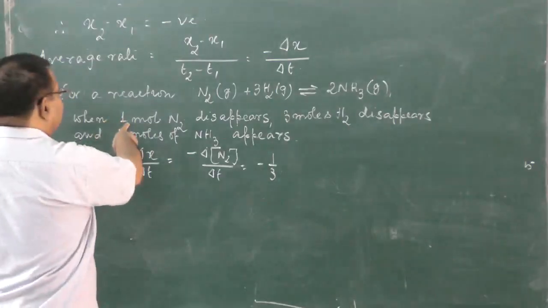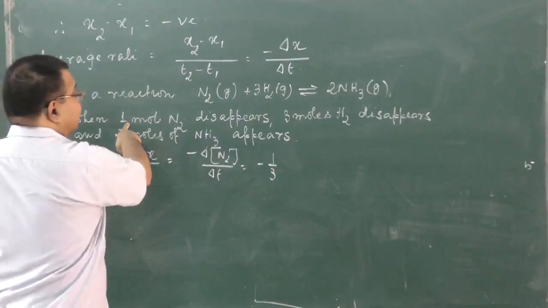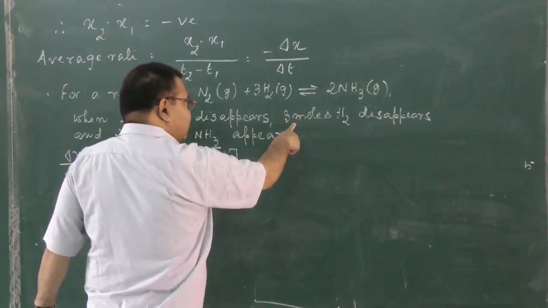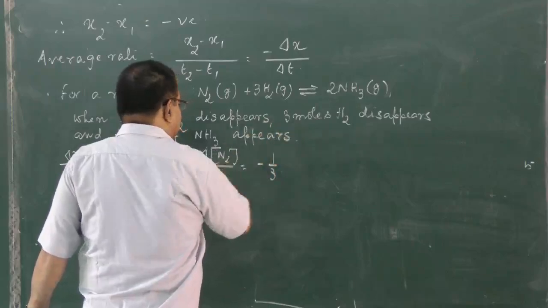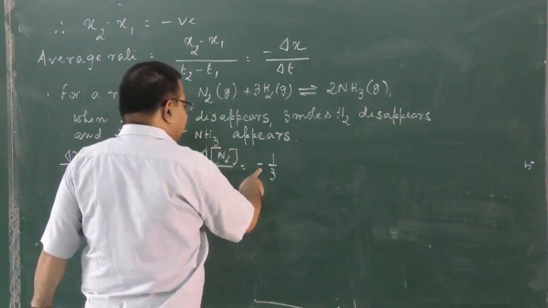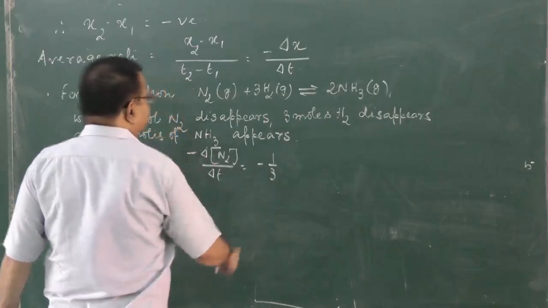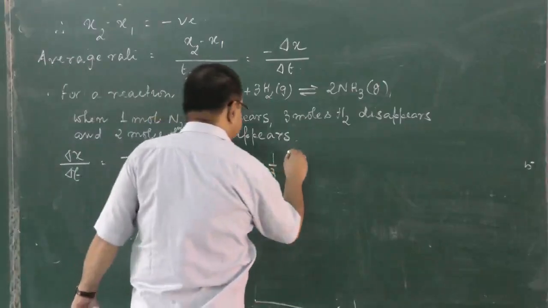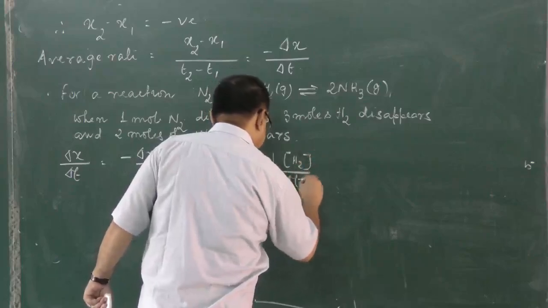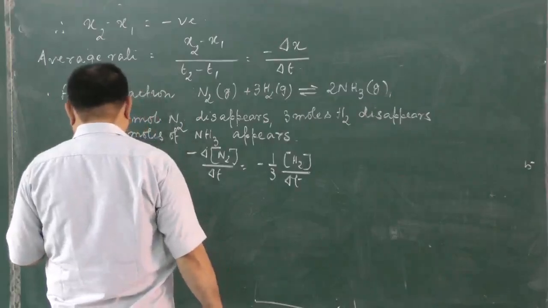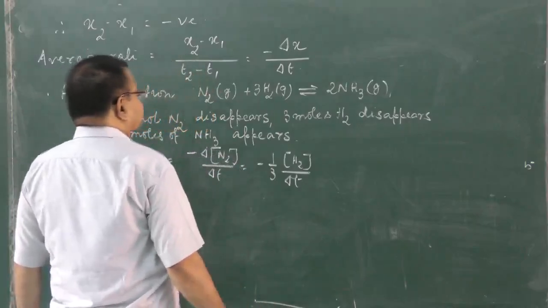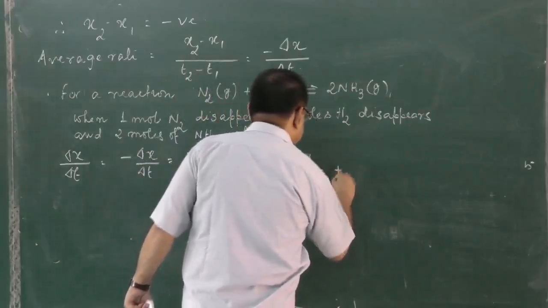Because when 1 mole of nitrogen disappears, 3 moles of hydrogen disappear. So 1 by 3 moles of hydrogen disappears, is equal to positive, when 1